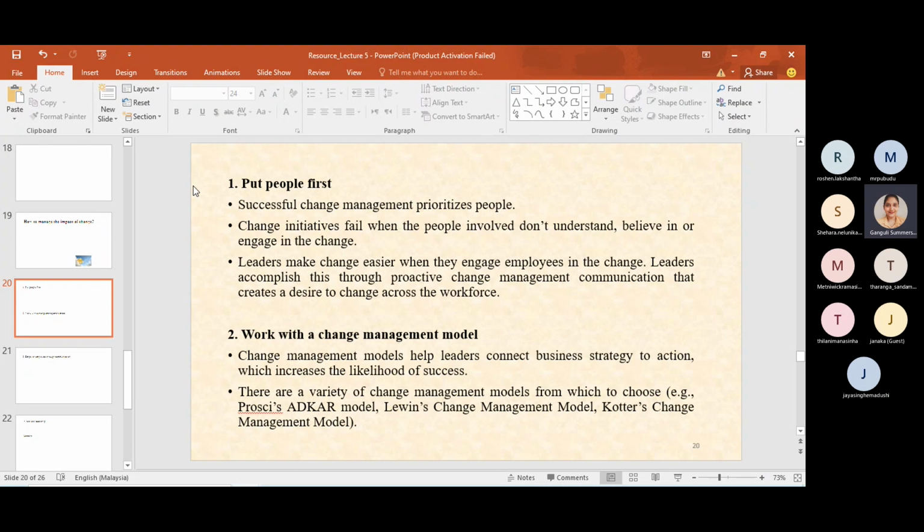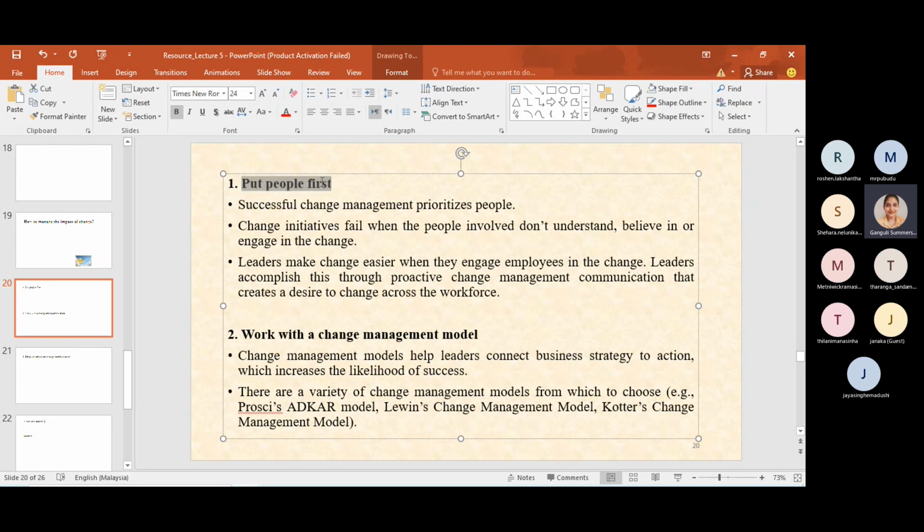So in such cases, you need to put people first. As a leader, you need to prioritize people. You need to communicate with your employees, communicate with your workers, and ask them what makes them anxious. What are the worries that they have? Okay, and so in such cases, if you implement new machines, and if your machine operators are